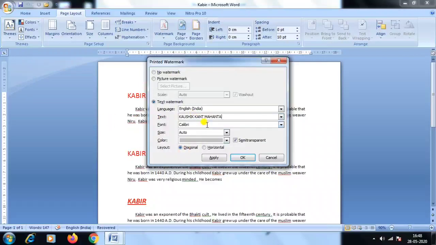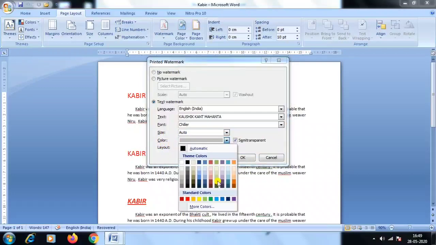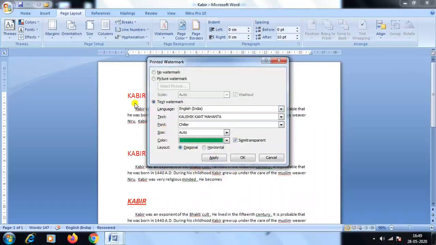After that, if you need to change the font of that text, you can change it here. Then if you need to change the size, that is also possible, and if you need to change the color of the text, that is also possible. After setting this, you click on the Apply option.